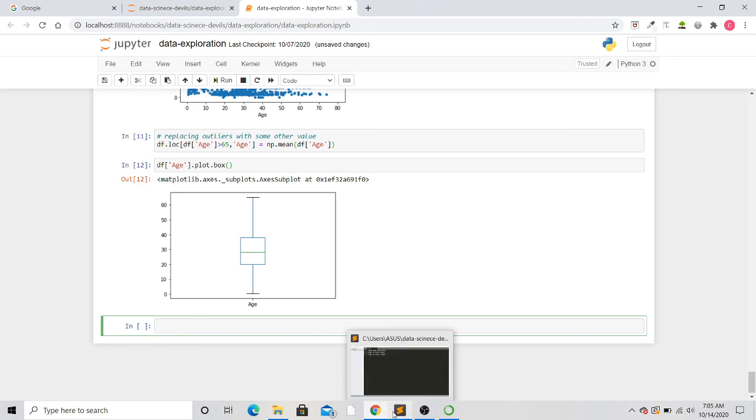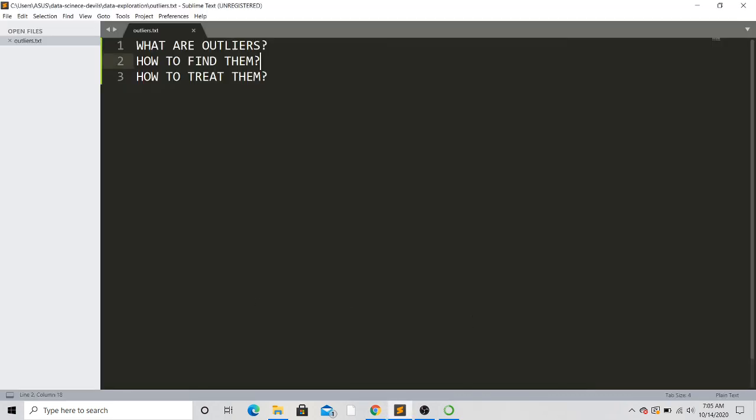Okay, so we have successfully understood what outliers are. I'll revise again. Outliers are those values which differ considerably from the other values present in your dataset, and if you want to find them, there are two ways: one is by using box plot and one is by using scatter plot.